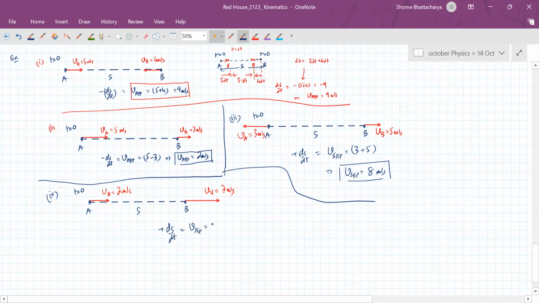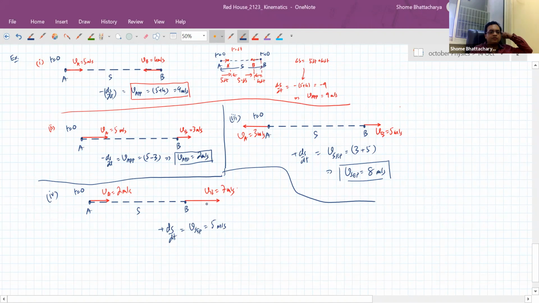Okay. So basically, in the one-dimensional case, if they're moving along the same straight line, all you have to do is calculate their relative velocity, and from the relative velocity you can see whether they are moving towards each other or away from each other. So in the first example, B's relative velocity with respect to A is 9 meters per second directly towards A. So it has an approach velocity of 9. Or for that matter, A's relative velocity with respect to B is along the positive x direction and equal to 9. So from B's frame, it looks like A is directly coming towards it at 9 meters per second.